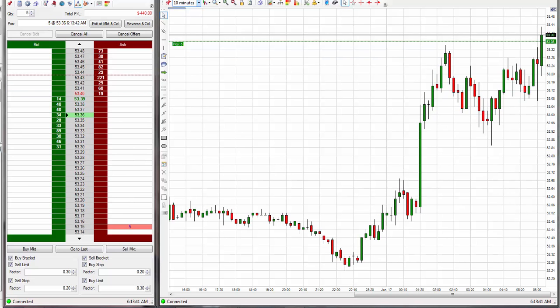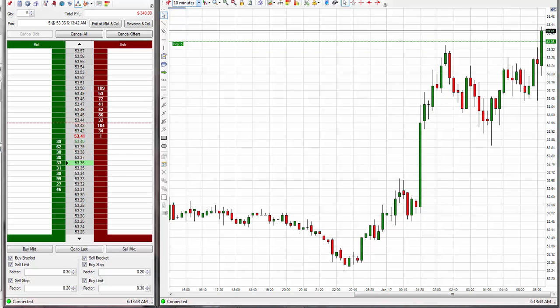Okay, it did hit the stop, and I am now in a long position here. This thing's going to go up quite a bit, so I'm going to hit this exit for...